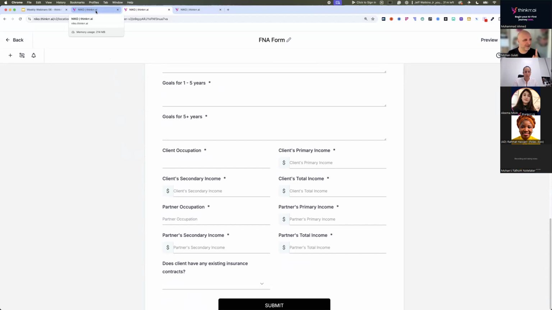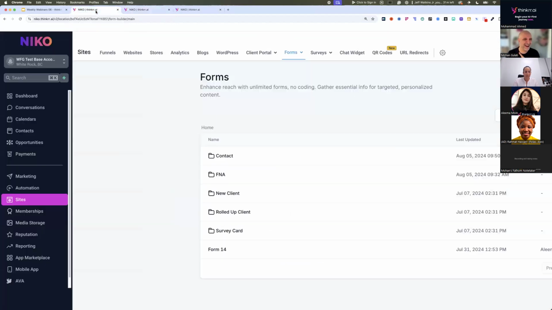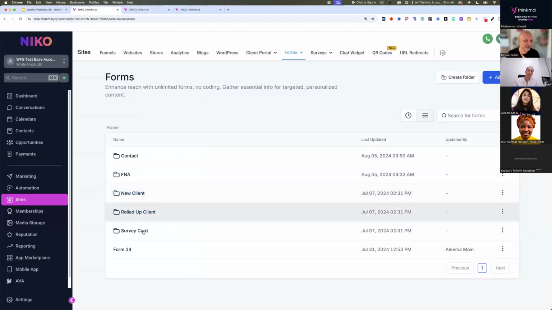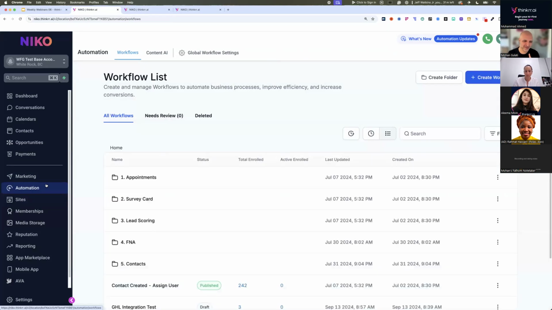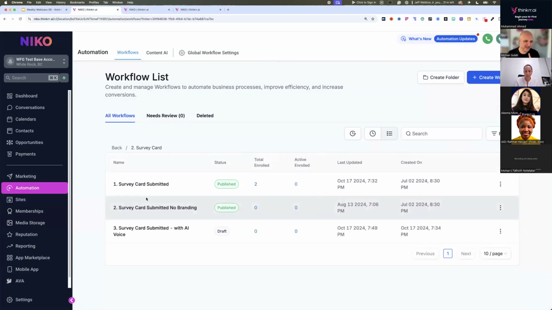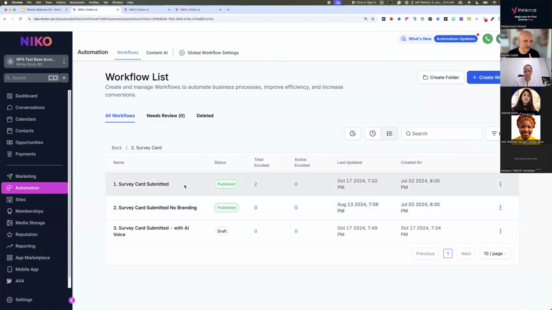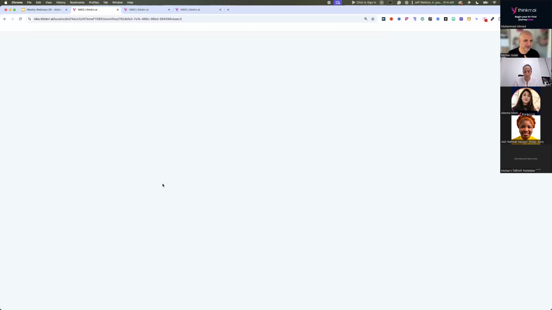Now, here's the magic. I just showed you the survey card, right? Guess what you can do with that survey card? You can tie it to some automations. And I'm going to show you two automations. This is the survey card automation that we've pre-built for everybody that comes pre-built in this card. The first one that you will see